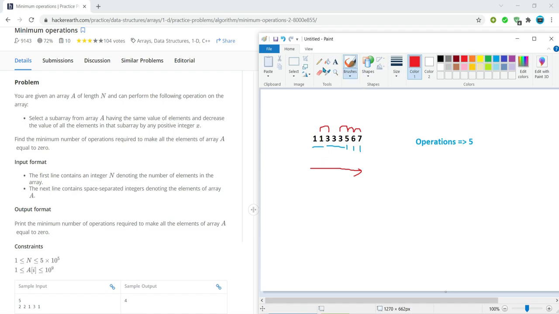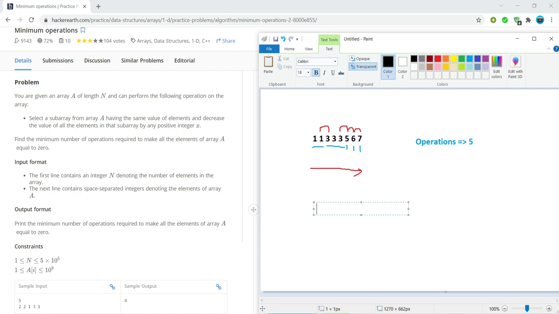Let me tell you this by another example. Suppose all the values are similar in the whole array, 4, 4, 4, 4 and 4. There is no change. Like here the array values were changing from 1 to 3 and 3 to 5 and 5 to 6 and 6 to 7. So here we have all the values the same, so there is no change, but we have to apply this operation at least once to make all these elements 0.